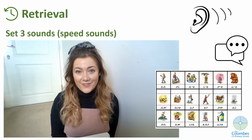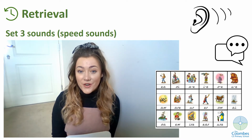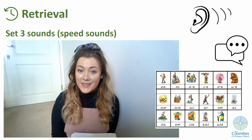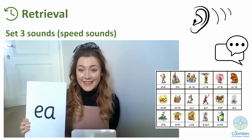On to our Set 3 sounds then, and again we will be doing speed sounds, so you have to try and be as quick as possible while still remembering the sounds. We'll do my turn, your turn, and then you get to go by yourself. My turn, your turn. E,